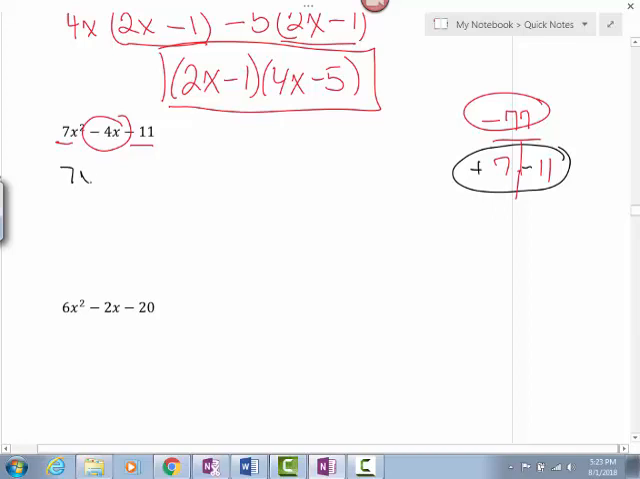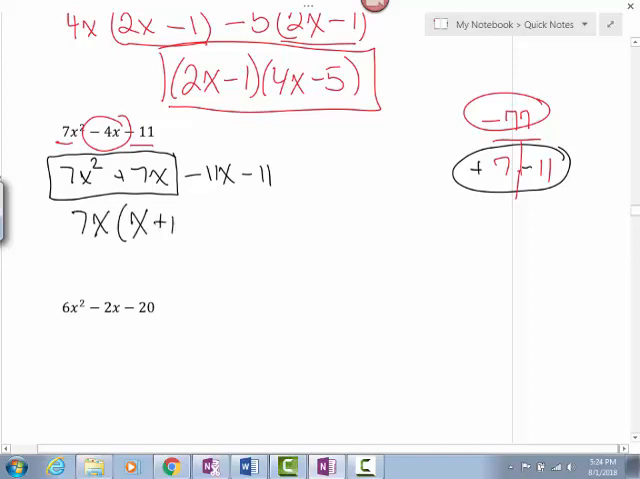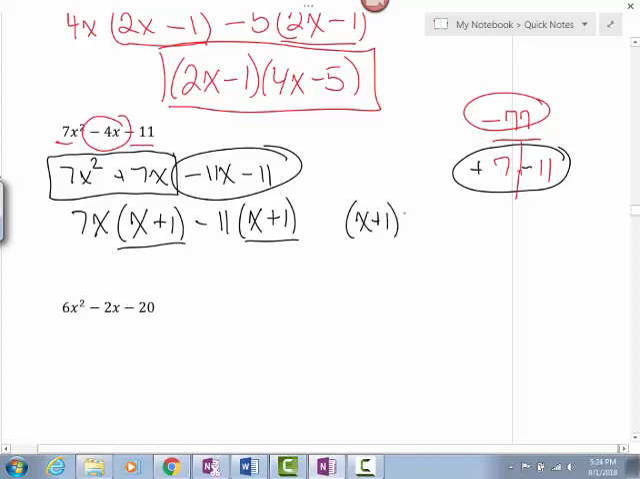So we're going to have 7x squared plus 7x minus 11x minus 11. So I'm going to go ahead and box those first two. Out of 7x squared plus 7x, I can factor out a 7x. And I'm left with an x plus 1. Out of a minus 11x and a minus 11, I can factor out a negative 11. And I'm left with an x plus 1. So now I have x plus 1 and